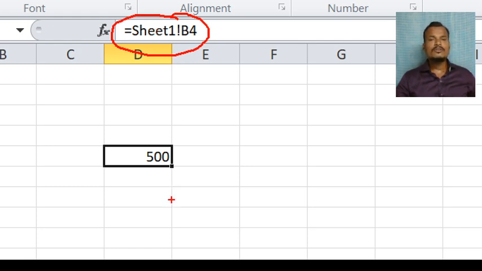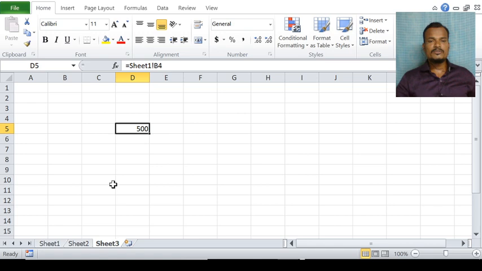Suppose we want to do the same thing by using the keyboard. If we want to do it by using the keyboard, that means we have to enter the formula. Till now we have done it with the mouse. Now observe here in Sheet 3, this value refers to 500 km. In Sheet 1, if we want to refer to the second value with the keyboard, what is the procedure?